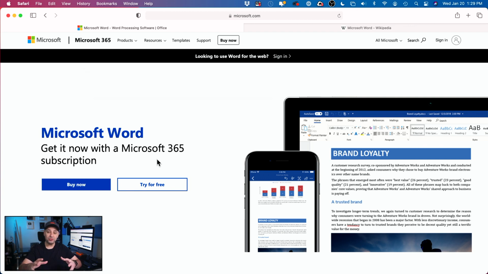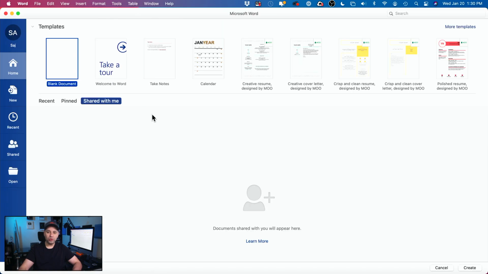Now, Microsoft also has something called Microsoft WordPad. That's different, so don't use that. This is Microsoft Word, a different application than WordPad. When you launch Microsoft Word for the first time, this is the page that you're going to see. And right now I'm on the Home tab, and as you could see, I could open any one of these documents up here. The blank document is typically where I start, and it lets me create something completely from scratch,